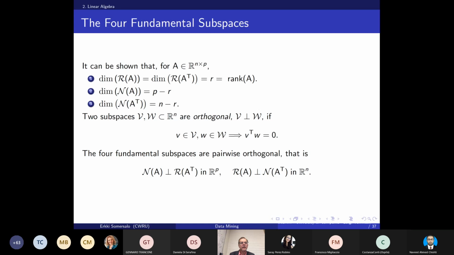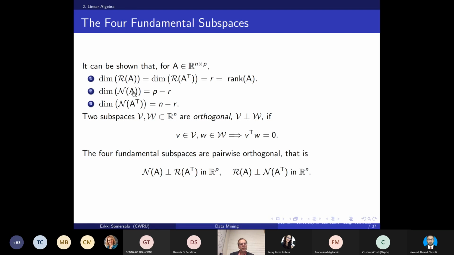Now, interestingly, it turns out, and these are basic results in linear algebra which I'm not going to prove or discuss, but I'm just saying it, that if I take the rank of A, which I denote by R here, the rank of A equals the rank of A transpose. So if I take the 2 matrices A and A transpose, they always have the same rank. That means that the number of independent columns and the number of independent rows of a matrix is always the same. That's a beautiful and deep result somehow.